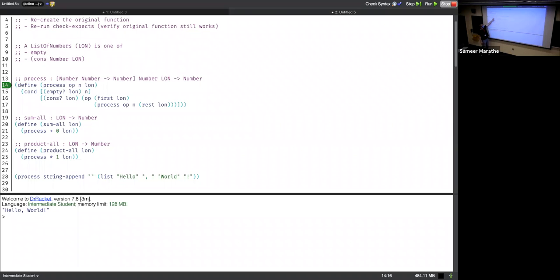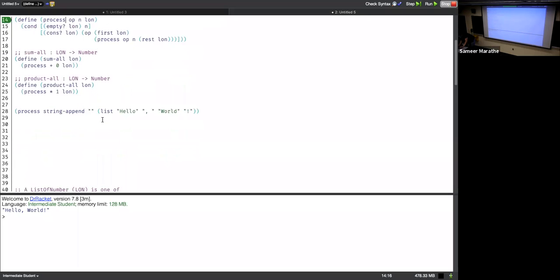Just like we express the process of combining the elements of a list using some operation by providing the process function, we want to generalize the process of specifying a signature that allows us to work on arbitrary elements. Okay? And to start off with that and to motivate it further,